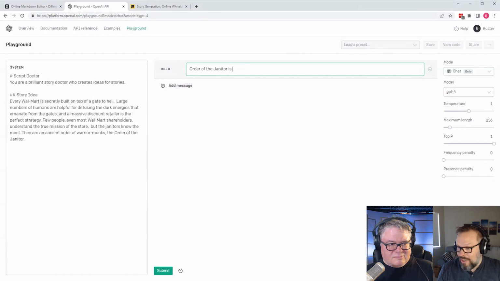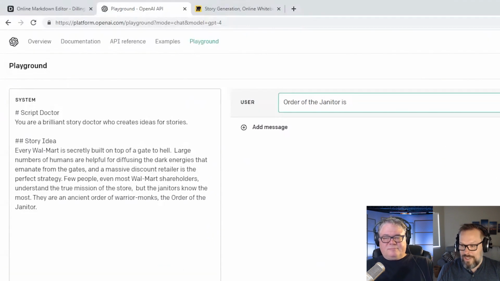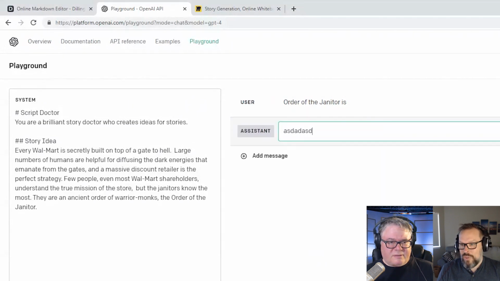It's going to make an API call, but it's going to use your story idea and the script doctor as well. This is like a secret beginning prompt, like the one that's secretly embedded in ChatGPT. I see. And then everything else that's here. You can actually give it an example of what a user would say and then what it said, and in that way train it to act the way you want.